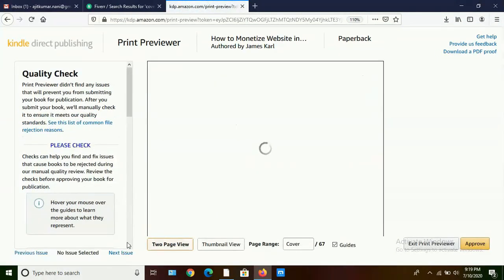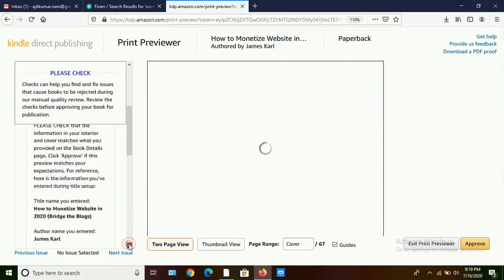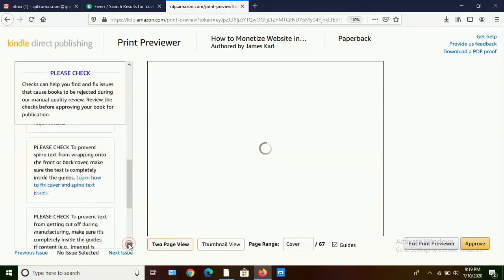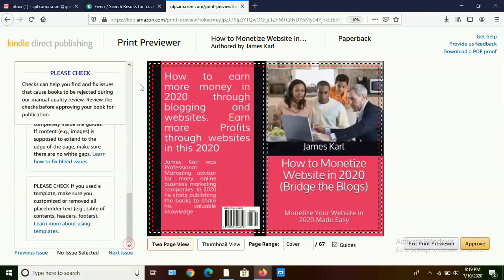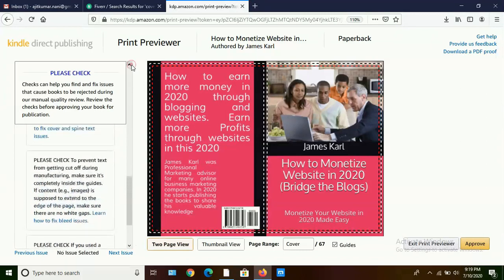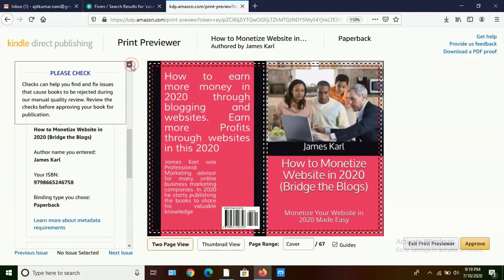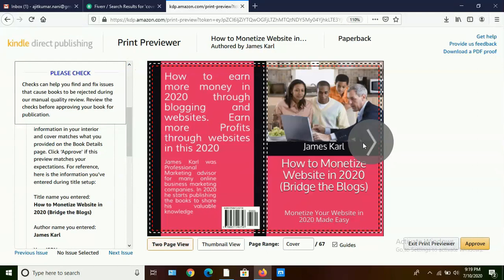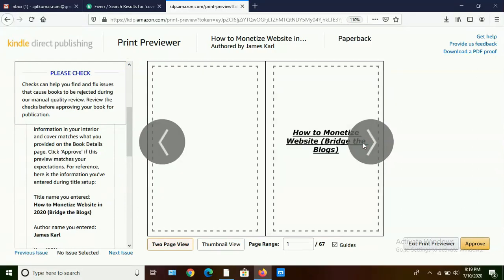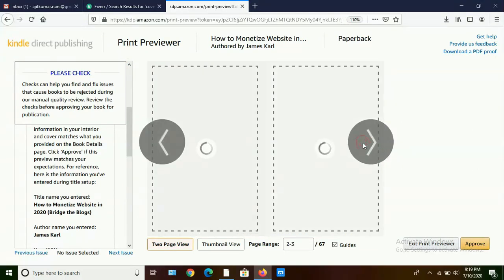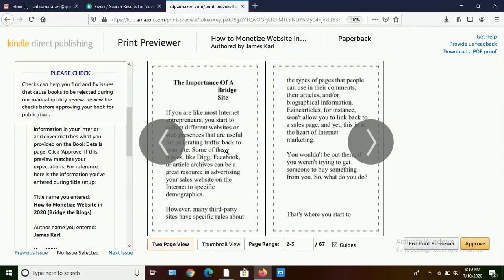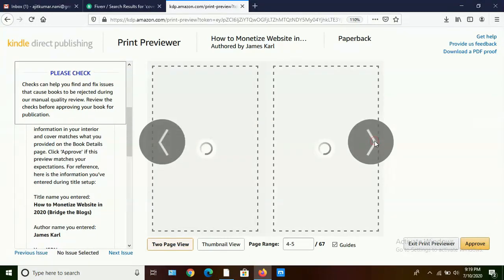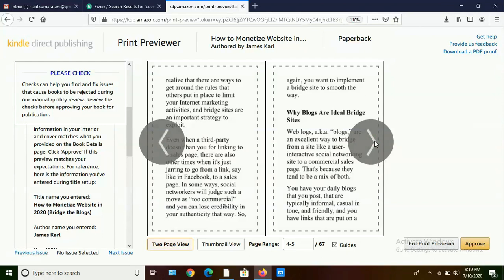See, the errors are rectified. Means the Amazon KDP software will create a new document file of our book by itself within seconds. See how our book will be. Now our book is error free, means it was automatically adjusted. The content of the book is adjusted within the lines of the book.